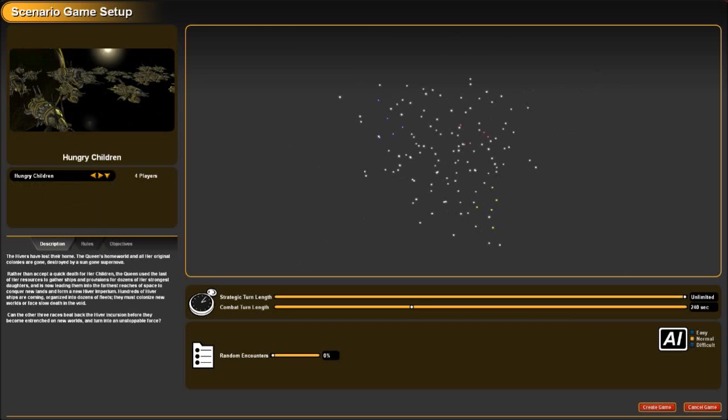Hungry children. The Hivers have lost their home, and the Queen's homeworld and all her original colonies are gone, destroyed by a sun-gone supernova. Rather than accept a quick death for her children, the Queen used the last of her resources to gather ships and provisions for dozens of her strongest daughters, and now leading them to the furthest reaches of space to conquer new lands and form a new hive imperium. Hundreds of Hiver ships are coming, organized into dozens of fleets. They must colonize new worlds or face slow death in the void. Can the other 3 races beat back the Hiver incursion before they become entrenched on new worlds and turn into